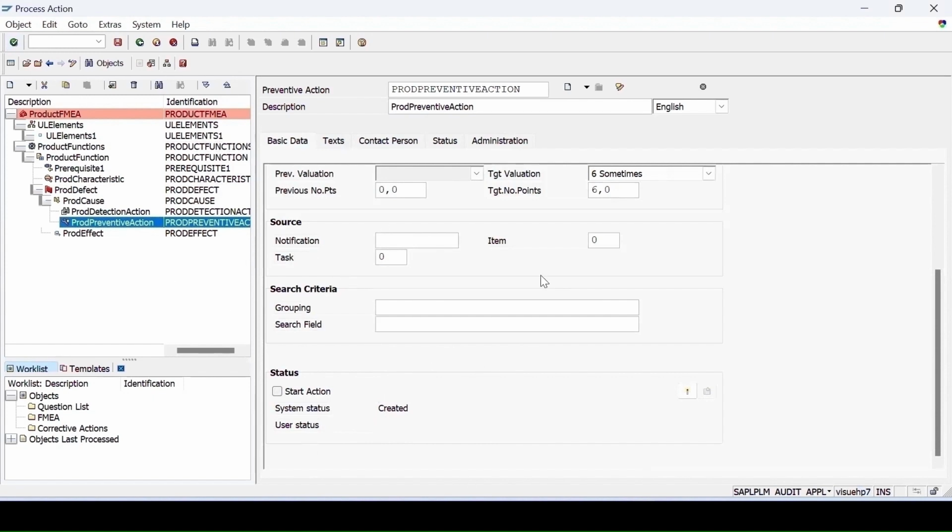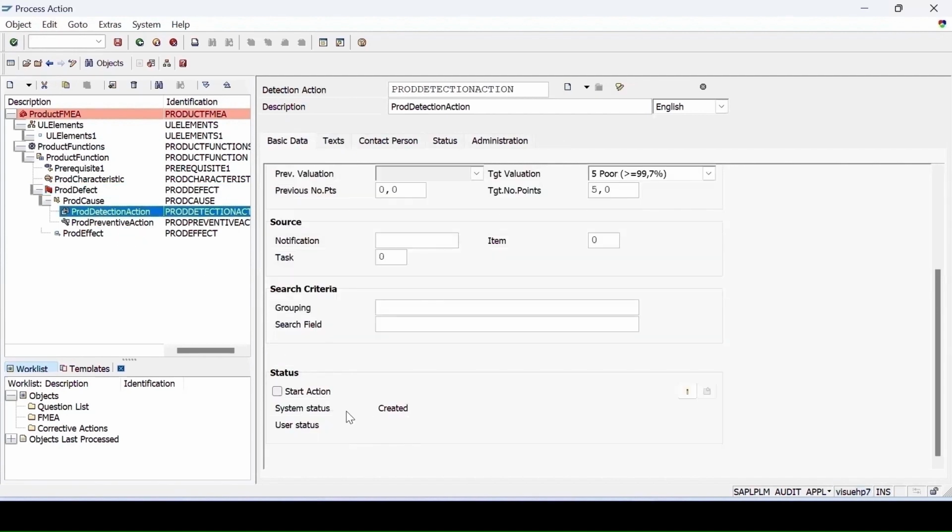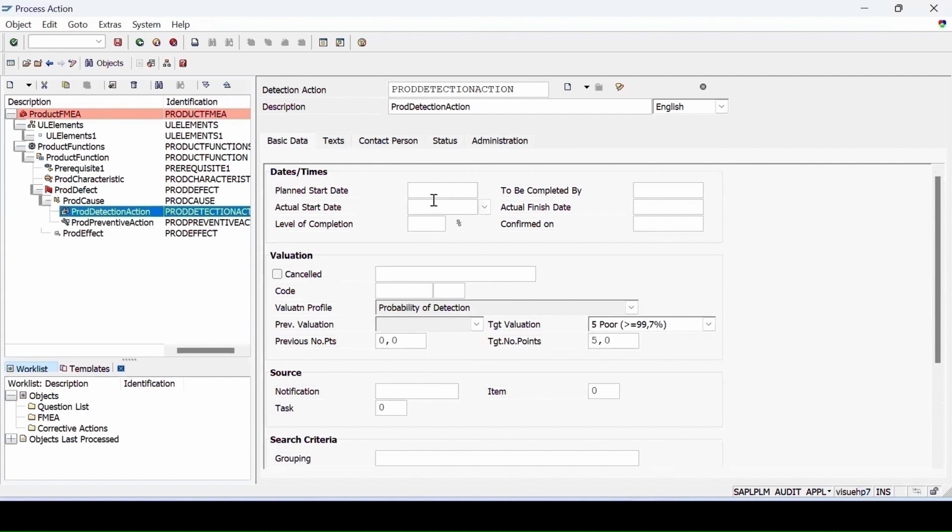Initially at present, you can see that RPN is 0. Everything is at present in the created state. Make it released. So first you need to check this start action. You need to tell the actual dates of when you start it. So here we can enter the actual starting date, because initially we had stated the plan date. Now I will tell my actual dates. On this date I am starting it, and level of completion, how much has been done. Suppose 100% has been completed from my end,